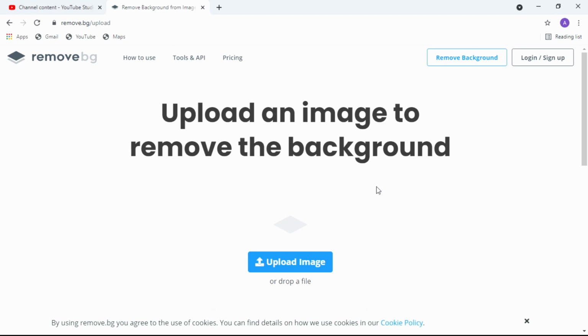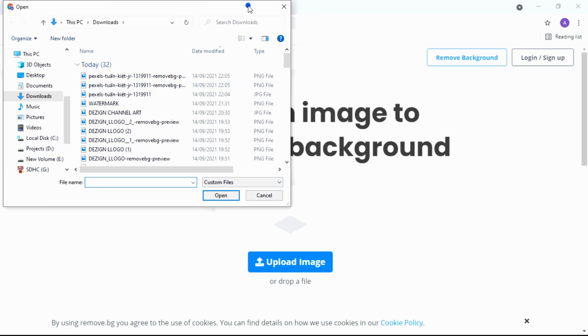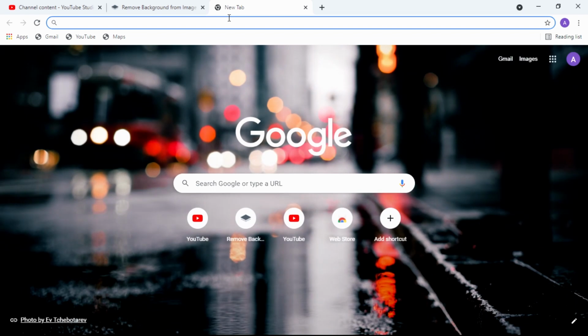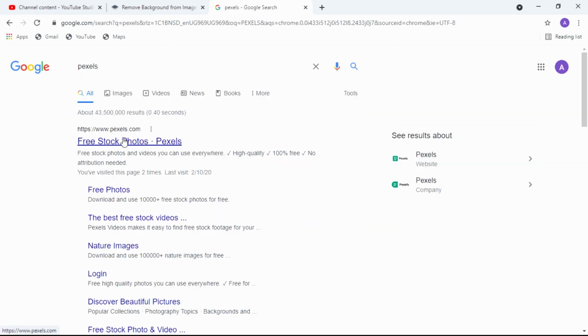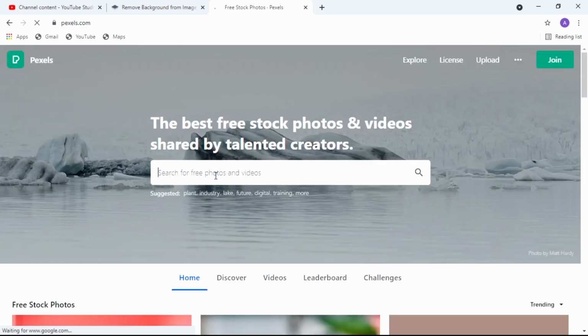Alright, so here we are in remove.bg. Just gonna upload. Now before I can, let me first close this. Let me go to Pexels and get any picture so I can show you how possible this is. Let me just pick any picture here. Let me just say, for a girl,